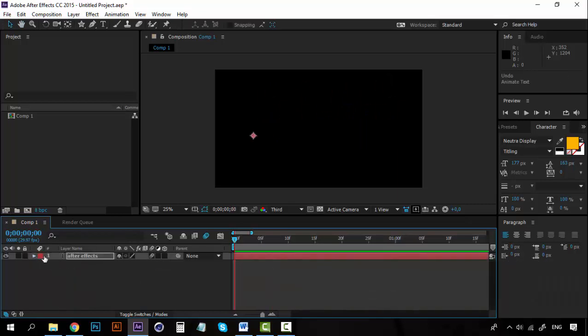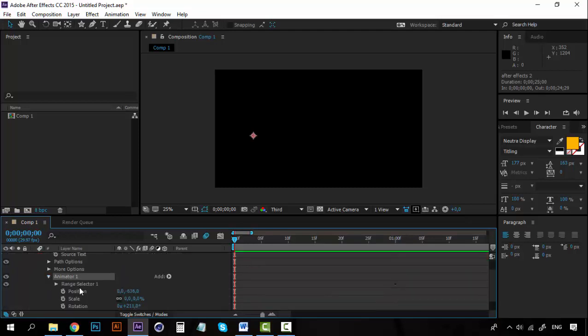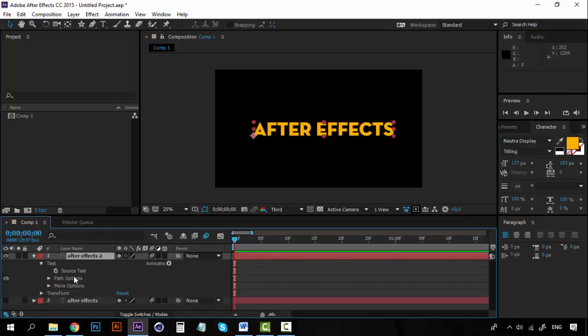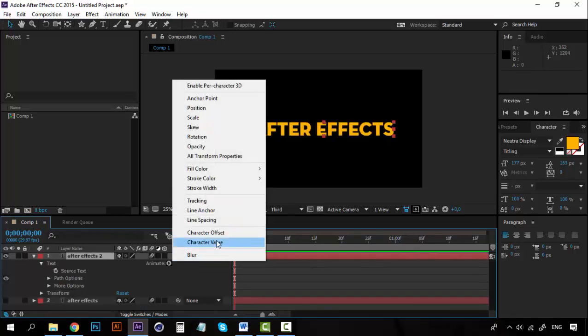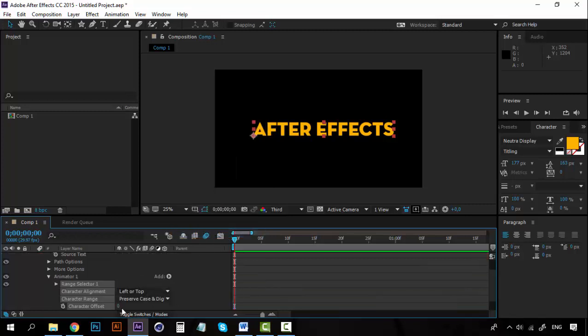Now let's duplicate this text layer because we're going to use it later, and with Ctrl and D it creates a duplicate. Now on this duplicate, let's delete all the animators, and let's create a new one for character offset. On character offset, if we set a value of maybe 20,